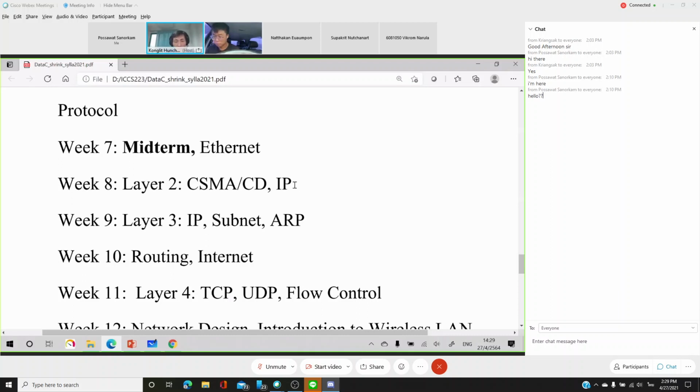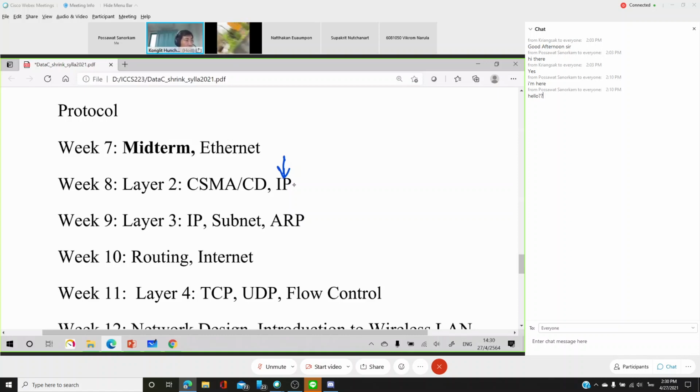Actually, this is wrong. The IP, I have to, sorry. It's not wrong. I will start talking about IP on week 8, but actually IP is not in layer 2. IP is in layer 3. So for layers 3 and 4, we're going to take a look at the protocols for